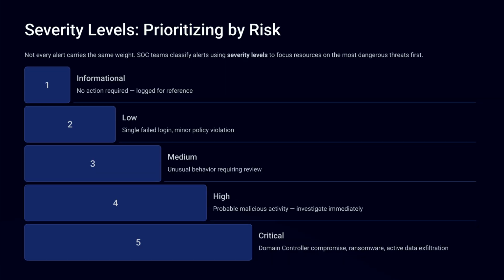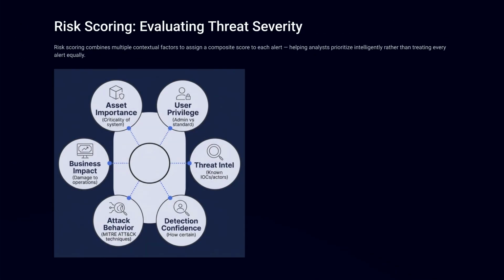SOC teams use severity levels to prioritize alerts by risk. These range from informational, which requires no action, to critical, which includes immediate threats like ransomware or domain controller compromise, requiring immediate action. Risk scoring assigns a composite score to each alert by combining factors like asset importance, user privilege,